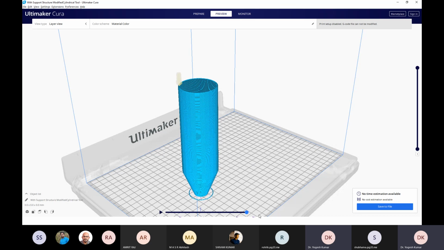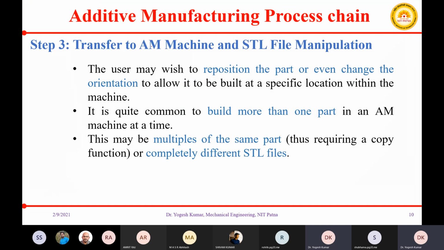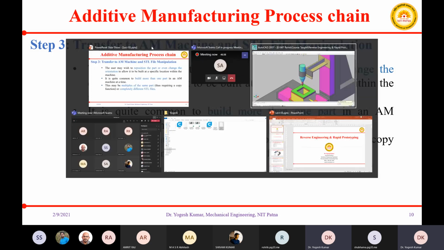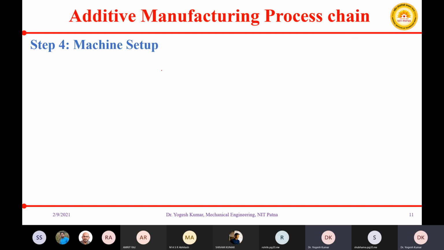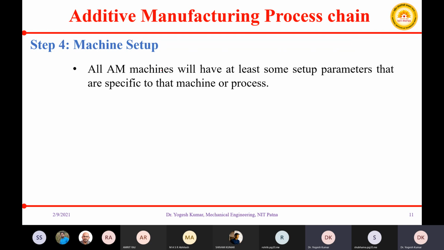So this way you can print your sliced data using your RP machine or additive manufacturing machine. Okay, let me close it and move in a fast forward mode so that I can explain the remaining steps, which I will not be demonstrating much. I will be just reading out and telling about a few things.